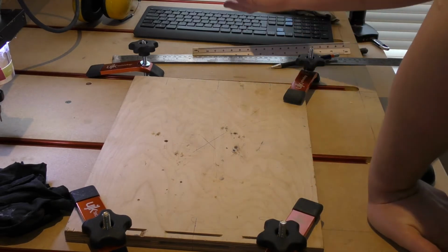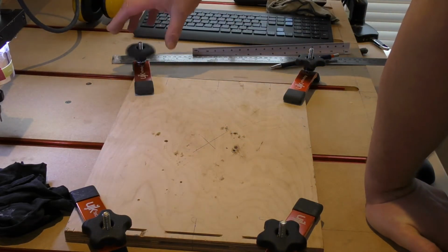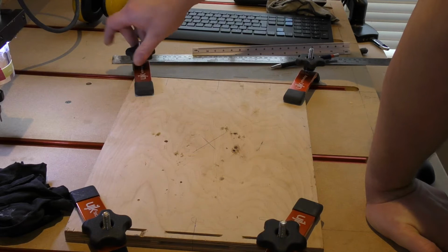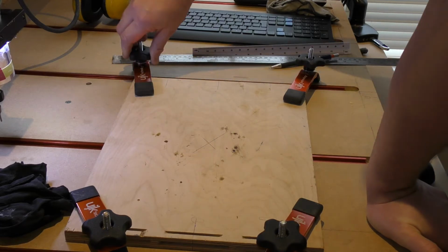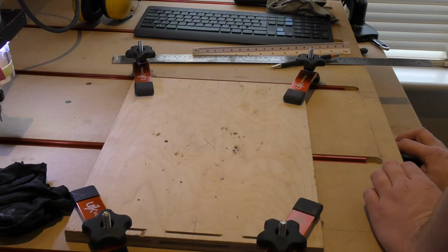So Mach 3 first, controller second. If you don't do that, it won't work. So we'll go into Mach 3, we'll load the file, close G-code, load G-code,